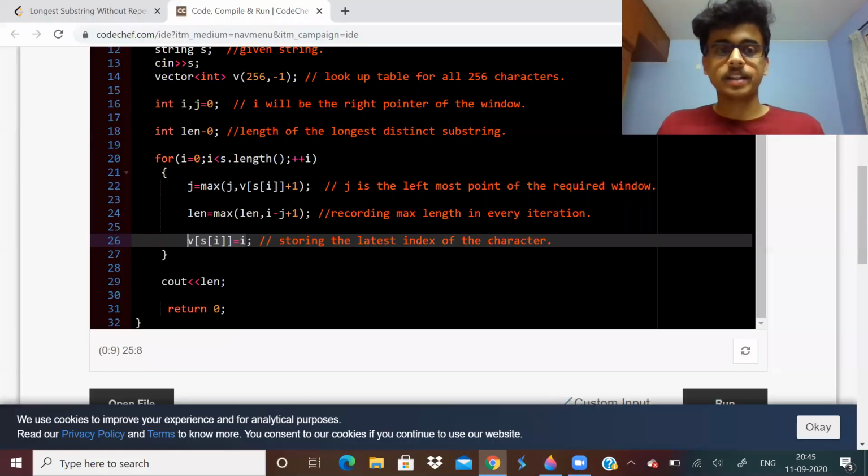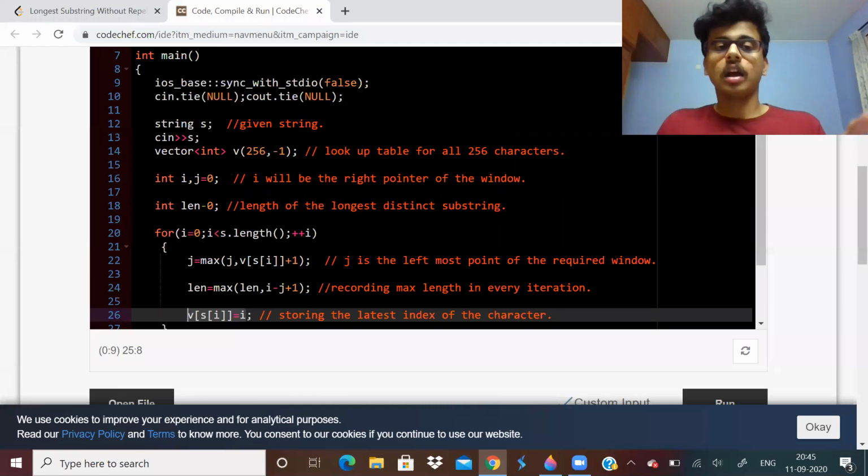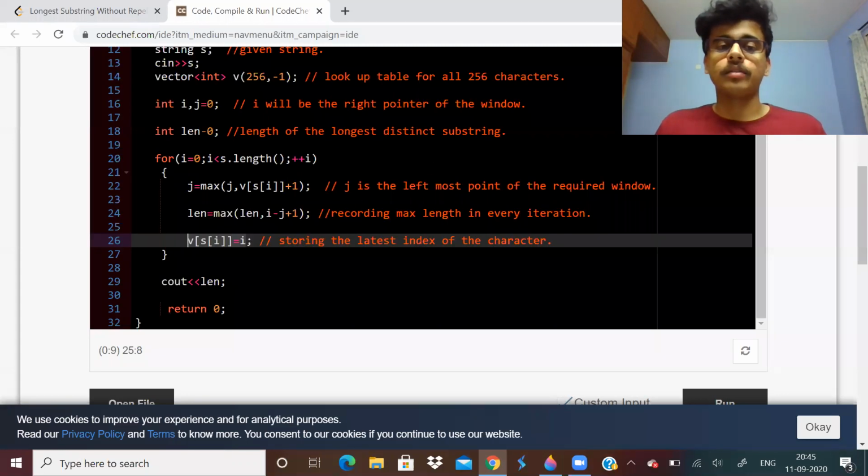If I have to summarize it, we are just taking a lookup table for all 256 ASCII characters. And we keep changing our left pointer when we come across a duplicate, that is a repeating character. Until then, our j value will remain 0 and i will keep increasing, meaning we keep increasing the window size.